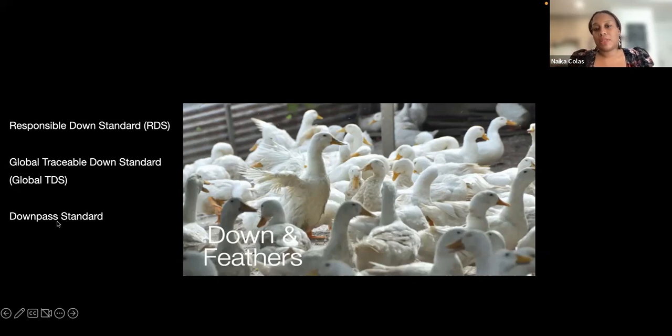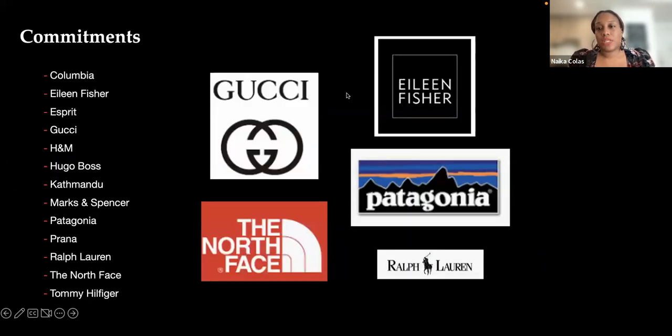So these three standards are what organizations are tapping into, so that you can get a list of different manufacturers that have a sustainable process, so they're not hurting the animals that they're getting the feathers from. And these are organizations that have now made the commitment. Columbia, Eileen Fisher, definitely a really well-known sustainable brand that is doing a lot of great work. Esprit, Gucci, H&M, Hugo Boss, Patagonia, Ralph Lauren, the North Face now is in the space